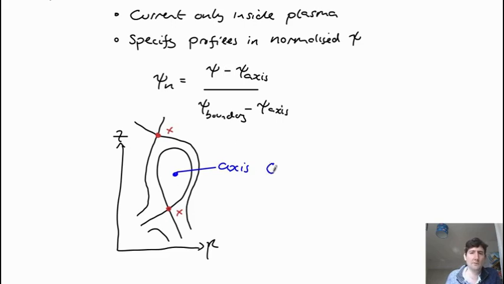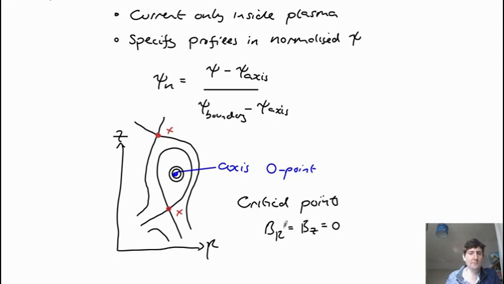The axis is sometimes called an O point, because the poloidal flux just forms kind of rings around it, like this. Whereas here we have an x point. Finding these are both called critical points. At that point we have BR equal to BZ, and both are equal to 0. Typically you have to do a search over the mesh and find approximations where these are. Then you can use a Newton iteration to refine the estimate and find the locations of these. You then have to find the innermost one.